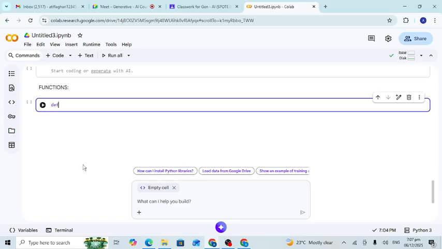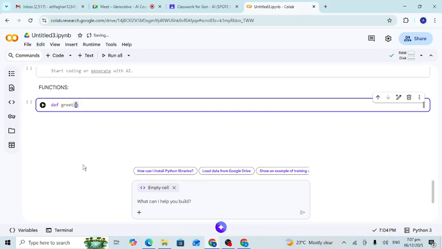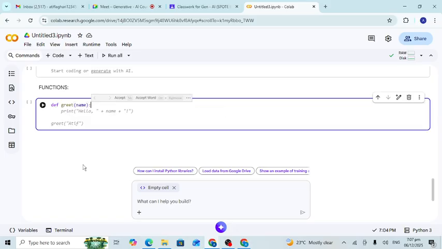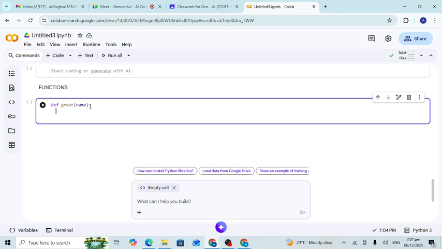So first of all we have the def. Basically it means here we have the function, then we have the greet, and here we will use name, any name that comes from the user's input or anything like that. Then after that we have to use a colon, okay, like that. Then we have to use this space, which shows that we are in the definition of the function. So here we have to write return